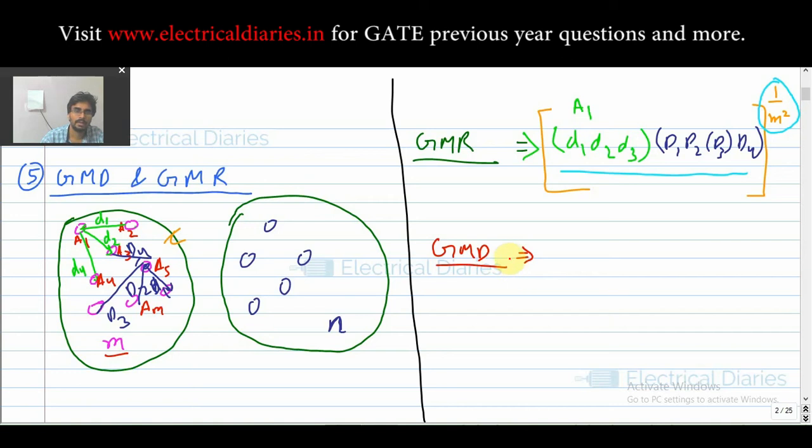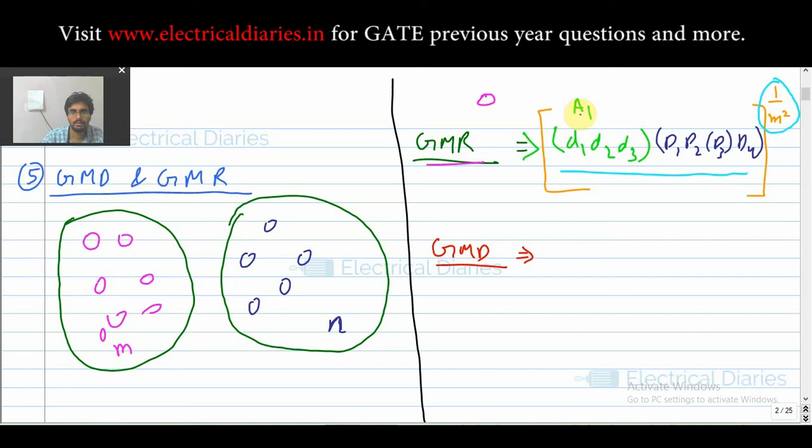So in GMD, what is happening is, now we are considering both the sets. Here, this is the conductor, and there are m conductors, and always you have to take the distance of the conductor with itself also in GMR. Like if you are choosing A1, then the distance from itself will be R dash, where R is the conductor radius of that conductor A1, and R dash I have already told you. So you have to multiply R dash here. Similarly, you will multiply R dash here. That is the way you need to calculate the GMR.